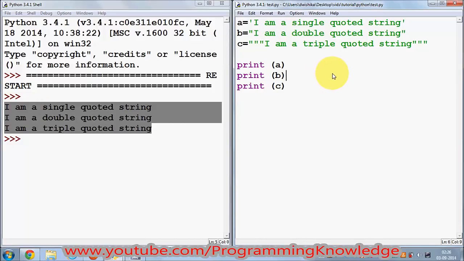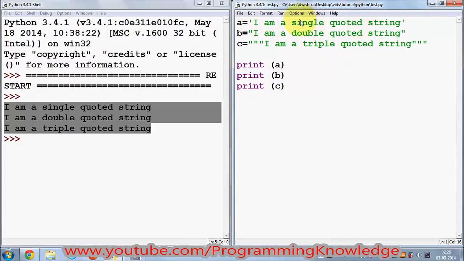Now suppose you want to use, for example, this is a string enclosed in single quote and you want to use some single quote here. So for example, I want to say, I'm a single quoted string, and for example I want to use a word called don't, which also takes a single quote here, this kind of single quote. And when I use the single quote,